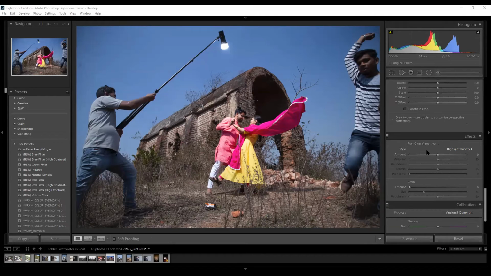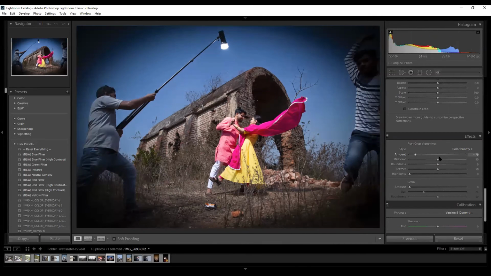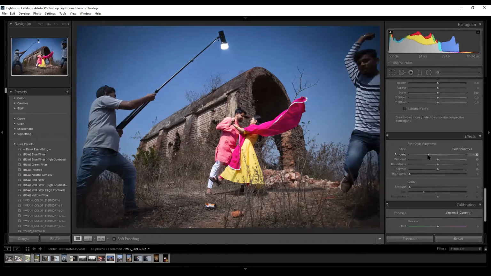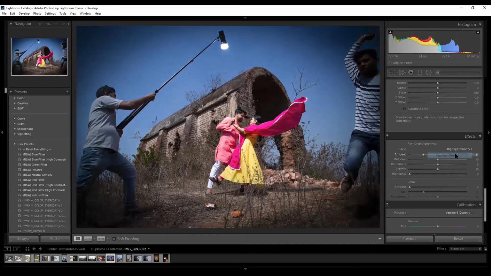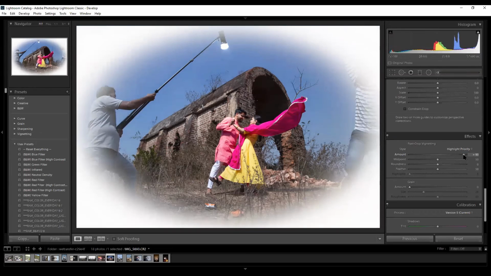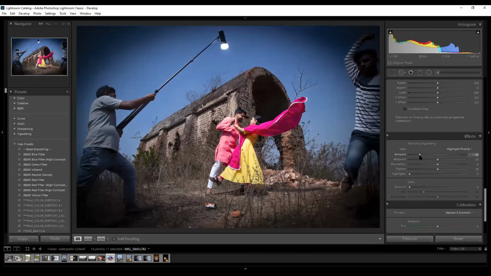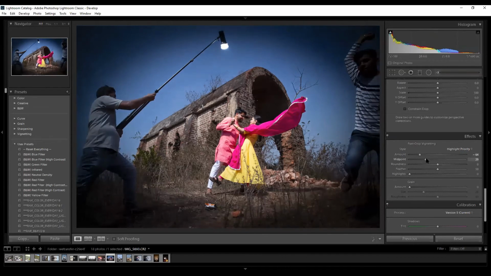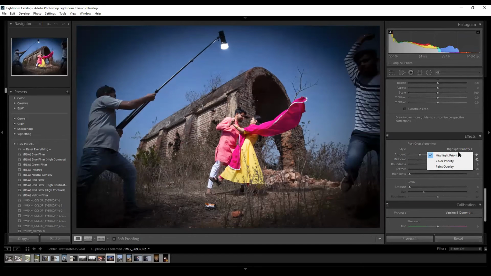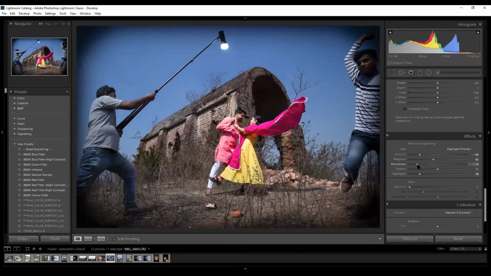Now this is basically creating a vignette in our own image. Basically that will come in three priorities. Color priority, it will try to bring the colors to the last darken. Second is highlight priority. This is the amount. The more plus you go, it will go to the whiter side. The minus you go, this is for the midpoint, how mid you want to bring it, or how further you want to bring it. And the third is the roundness, how rounder you want or how rectangular you want.